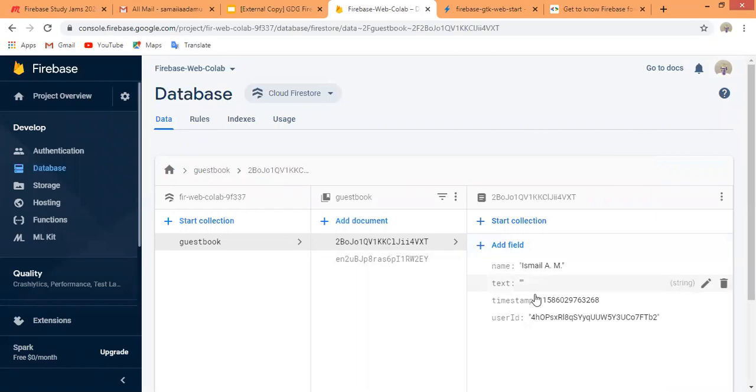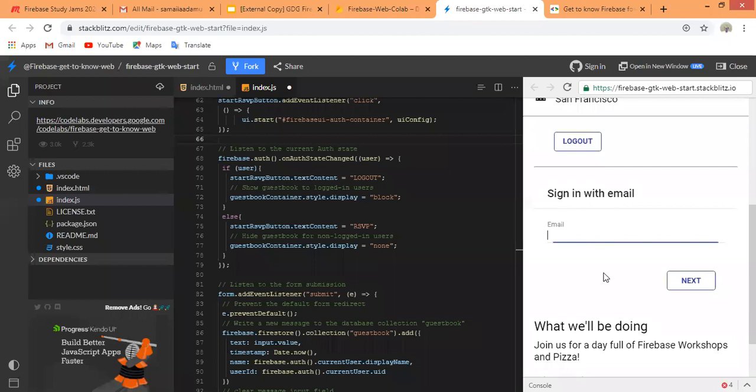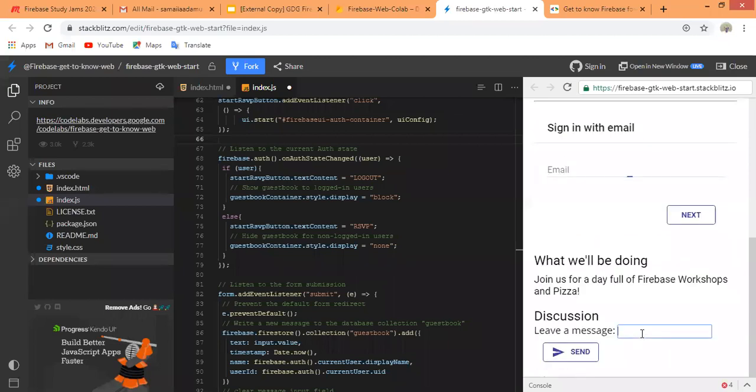Have you seen the one I sent last time with an empty string, like this one? Now if I type something here,